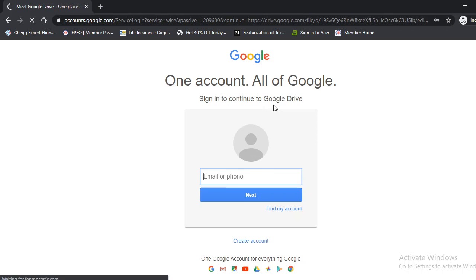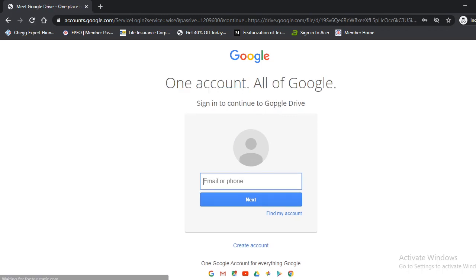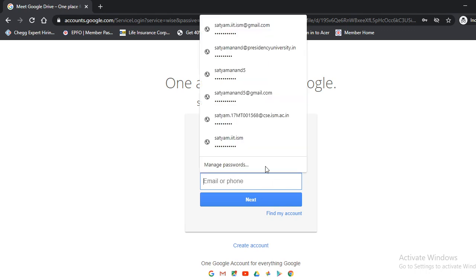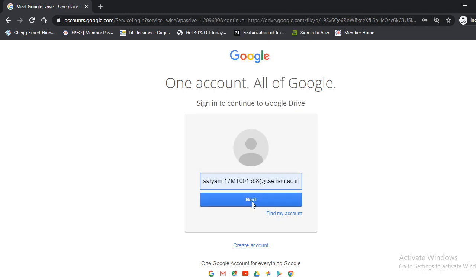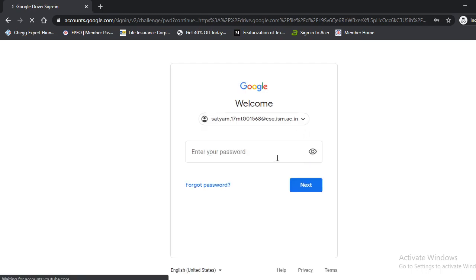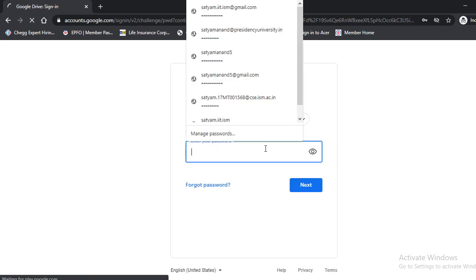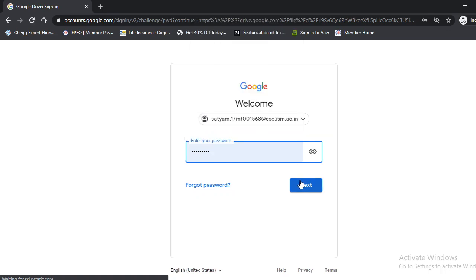So of course you need to sign in to your account, the other person needs to sign in to his account. It is not required that you have to sign in, only the owner has to sign in. So any other person can sign in to his or her Google account, and he or she will be able to view. So let me sign in. You can just sign in to any Google account whatever you have, and let me select it.